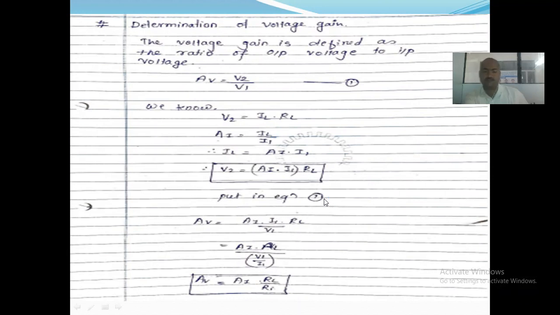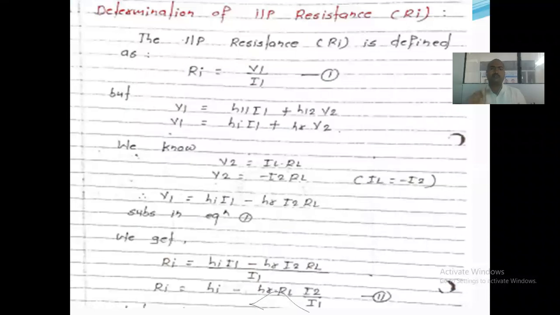तुम्हाला लक्षात घ्या. Okay. Now determination of input resistance. See, determination of input resistance. We know what we mean by input resistance. See, we know that Ohm's law gives R equal to V upon I. So this thing is nothing but an input impedance. Any of the resistors, we know that Ohm's law is used for the calculation of resistance, current, and voltage, right? So input resistance is the ratio of the input voltage to the input current. So we know that input voltage is V1, input current is I1. So Ri equal to V1 upon I1. This is nothing but your input impedance.